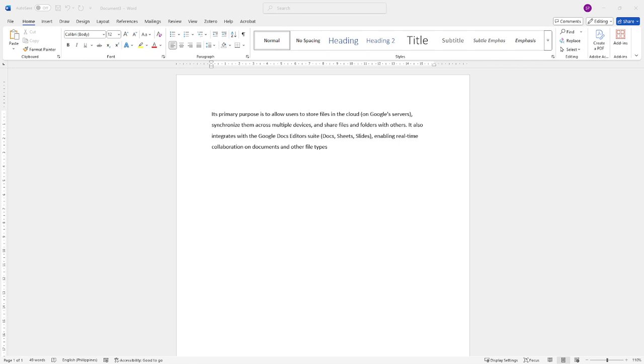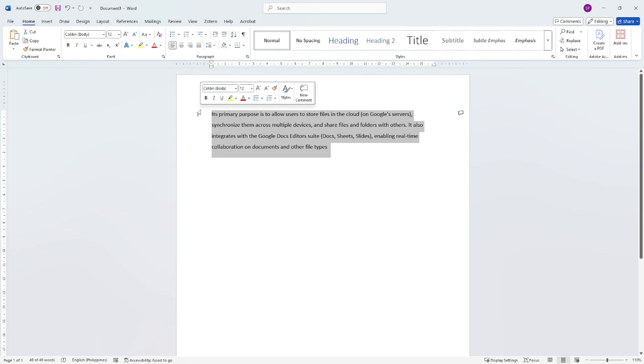First things first, open your Microsoft Word document. This is where you'll create and integrate your word cloud. Once you've opened your document, you'll need to select the text that you want to turn into a word cloud. This could be a paragraph, a page, or the entire document, whatever you feel best represents the words you'd like